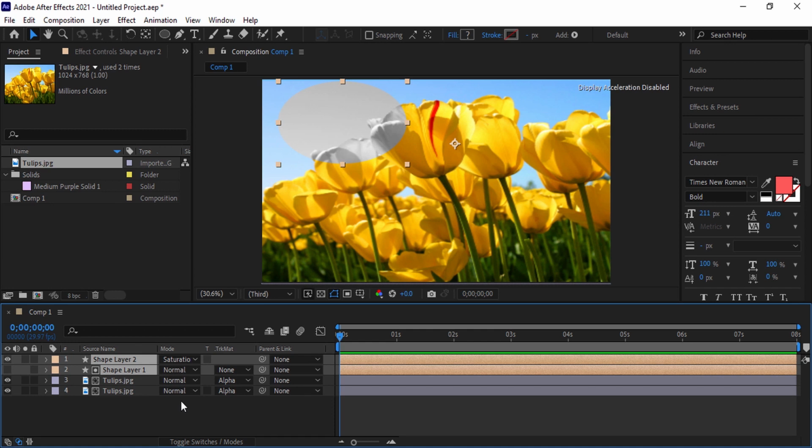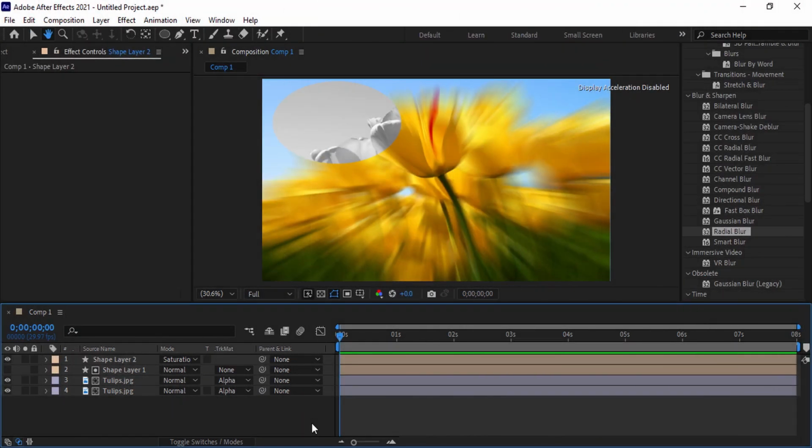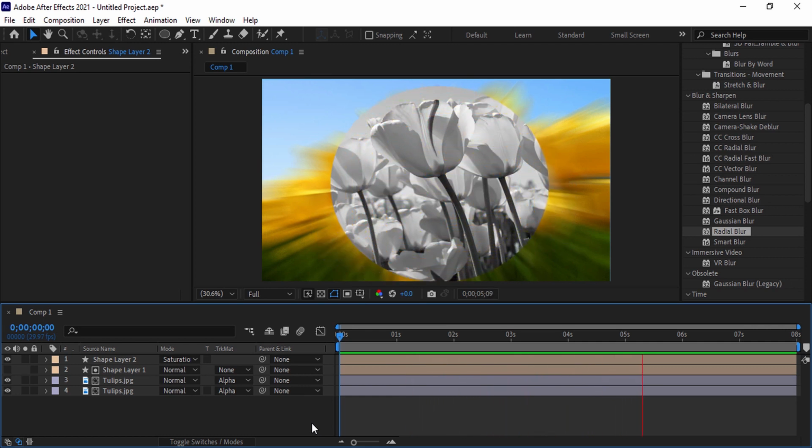Very important point. If you want to move the mask on the image after finishing, you must select both shaped layers at the same time and move the contents of these two layers at the same time. Dear friend, in this video, we saw TrackMatte and its role in designing an animation in After Effects software.